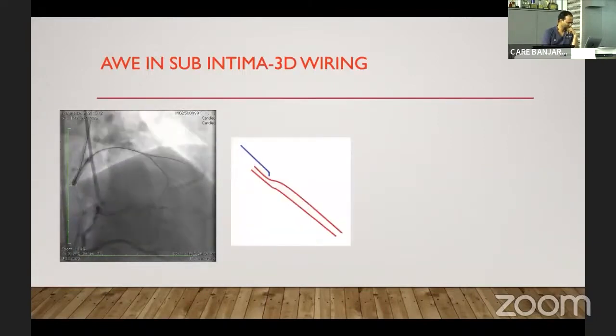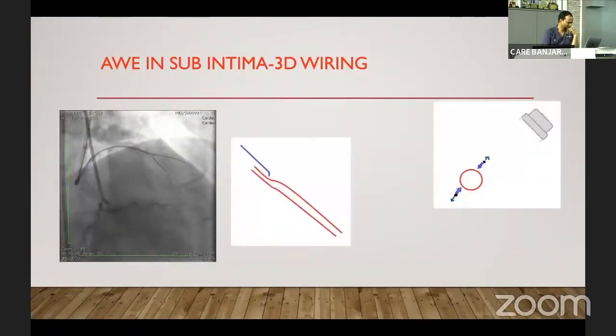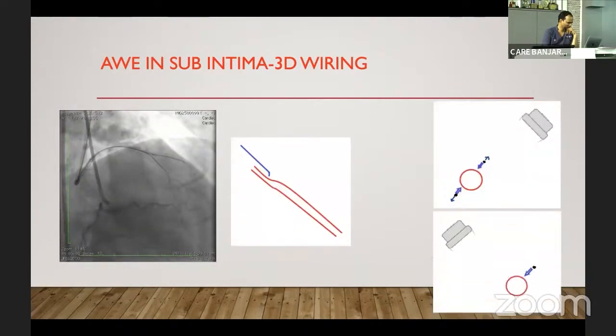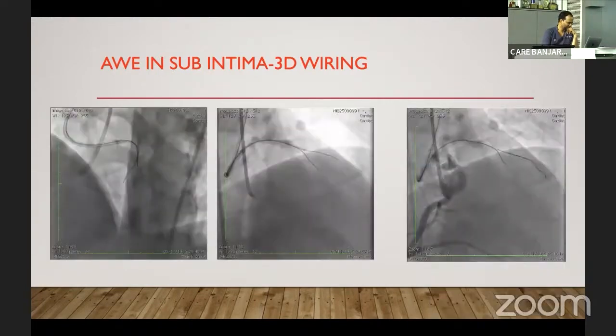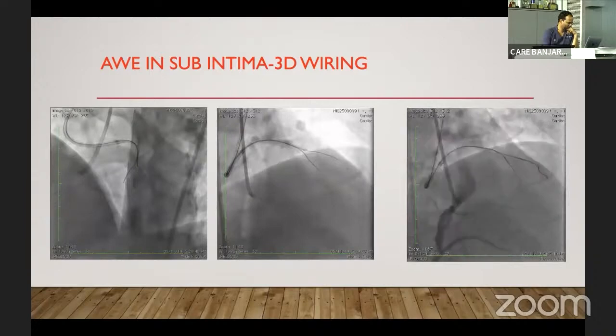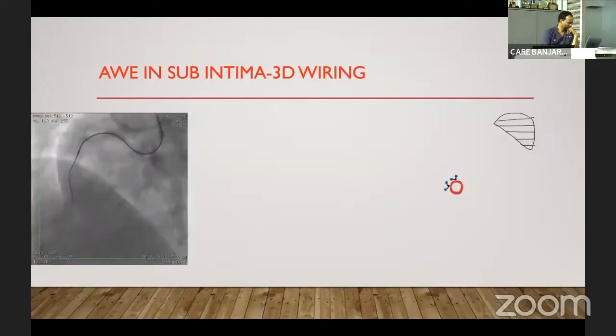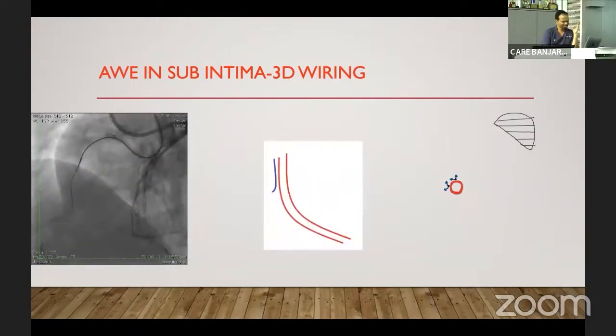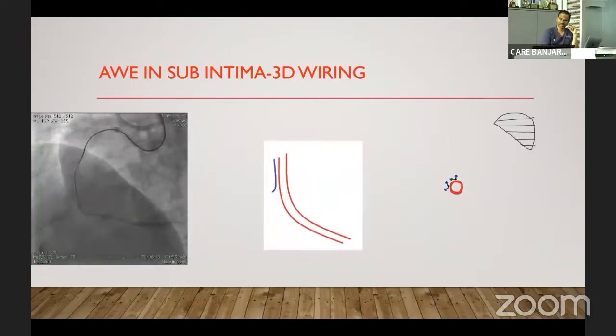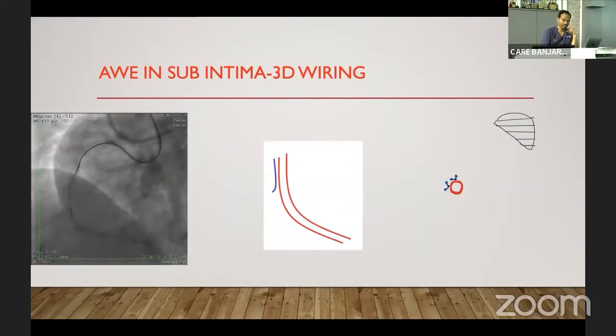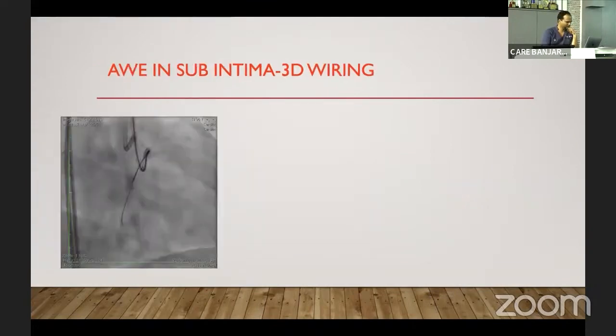So the wire was subintimal. We located it, twisted the wire anticlockwise and pushed down. Then we entered the true lumen and closed it. This is another case, the same. So essentially 3D wiring is one possibility which can be used when an antegrade escalated wire ends up in a